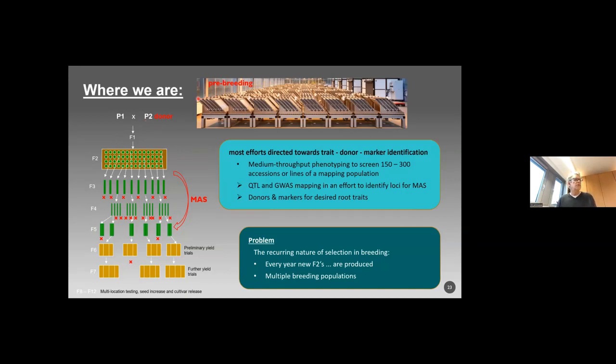So really, unfortunately, all these activities are currently focusing on the pre-breeding activities, where we hope to identify also QTLs and GWAS peaks in order to identify loci for marker-assisted selection, so that at least we can move into this realm here and use the markers that we identified in pre-breeding. The problem why we possibly have not been able to use any direct selection in the breeding process is also simply the